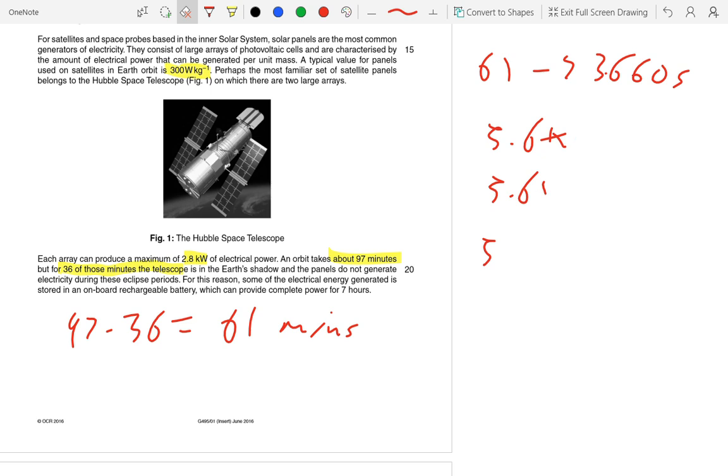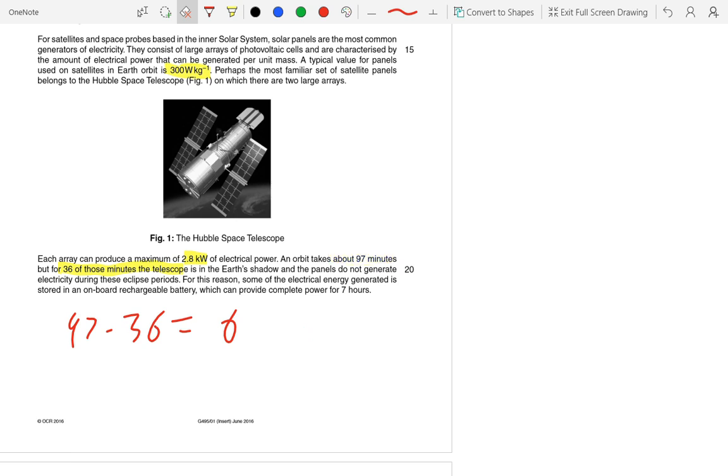Another question it can ask is, as I mentioned before, this is a satellite and we've got probes and things flying about in the galaxy, so orbital motion should come to your heads a lot. So it tells us 97 minutes is the time of the orbit. It could ask you from that, my spelling's just as bad as my handwriting, okay, we've got 97 minutes, using